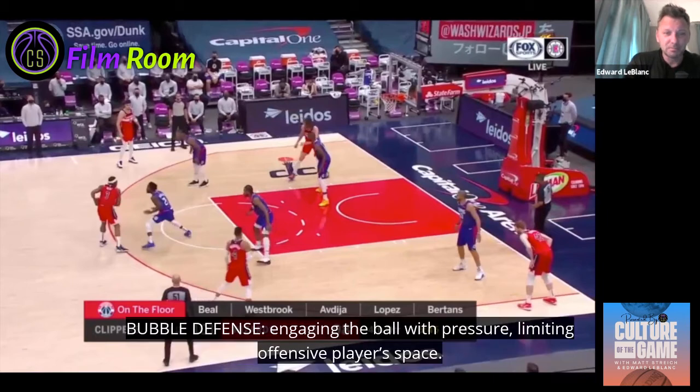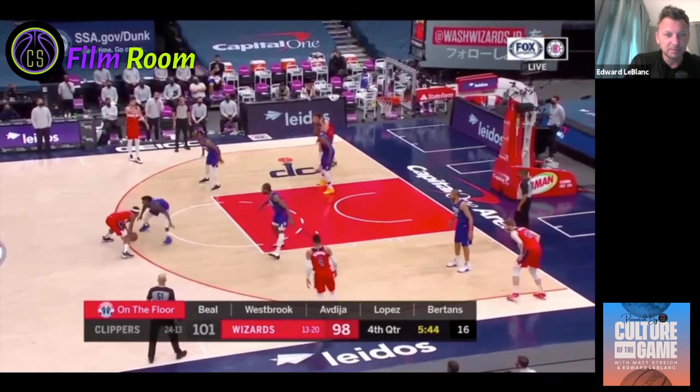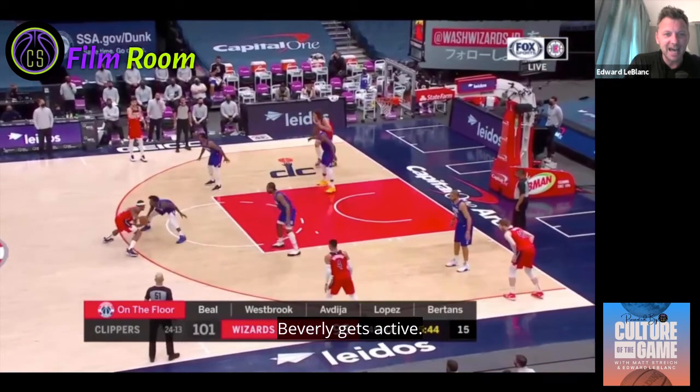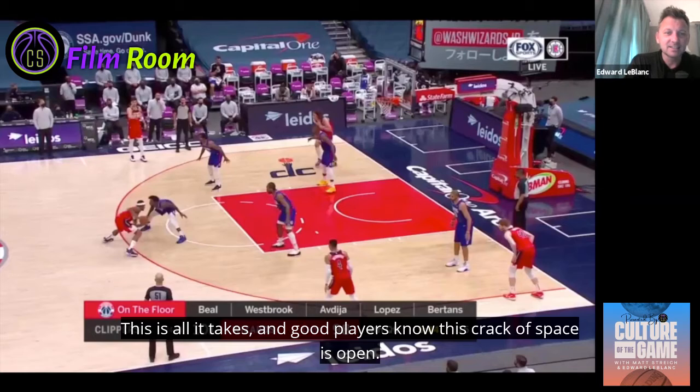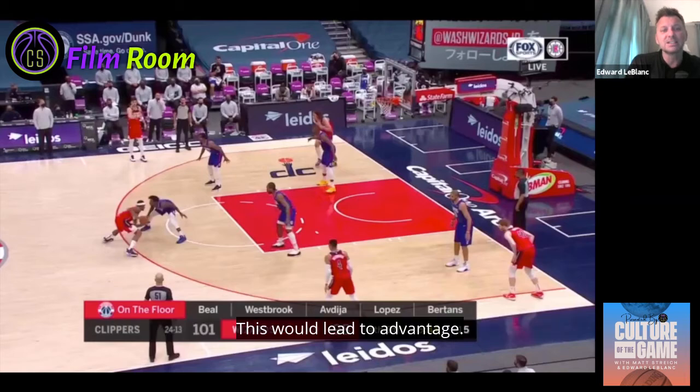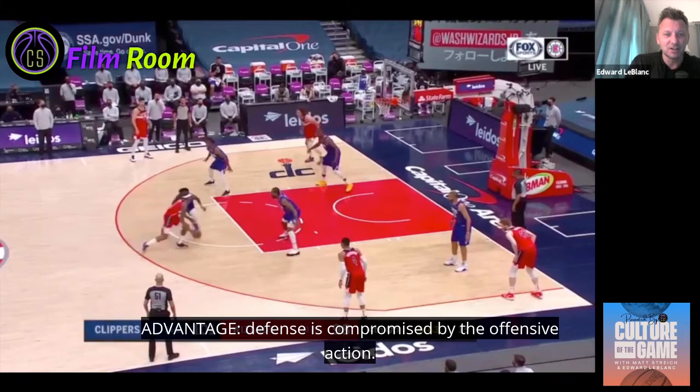From there, Beal can start to manipulate because he's up, a ball swing comes, Beverly gets active, here comes a jab, and what you see here in the stop is a very small crack of space. This is all it takes, and good players know this crack of space is open. This is what leads to advantage. So here Beal starts to take advantage of the advantage,